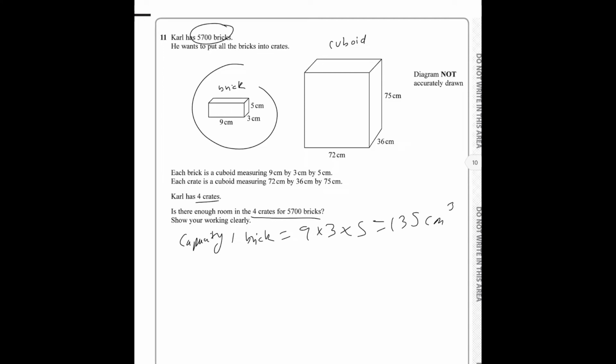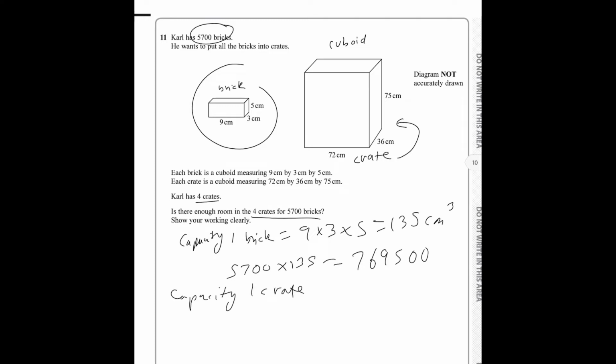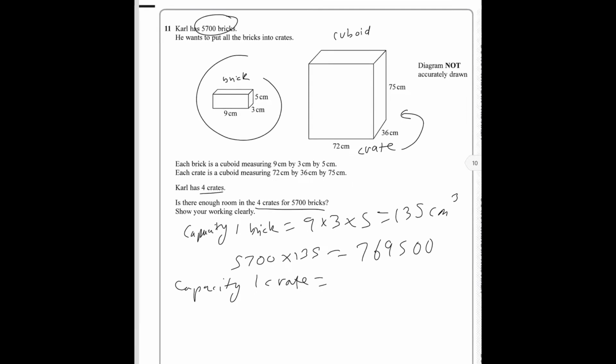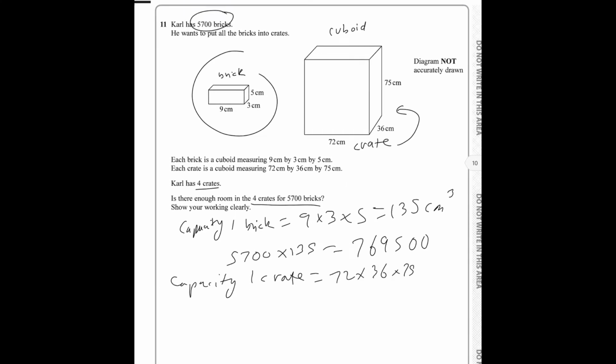So keep the capacity for 5,700. You have to do 5,700 times 135. That should give you about 769500. Now you're going to find out the capacity for 1 crate. Since this is the crate, you're going to find out the capacity for 1 crate. So for 1 crate, you do the same thing: 72 times 36 times 75. You just multiply all those values, using the formula for a cuboid, and you'll be getting